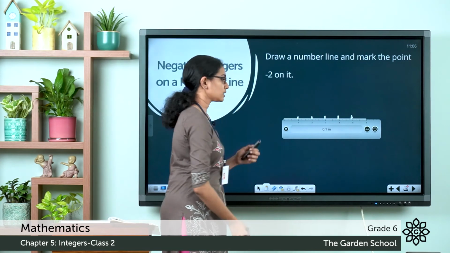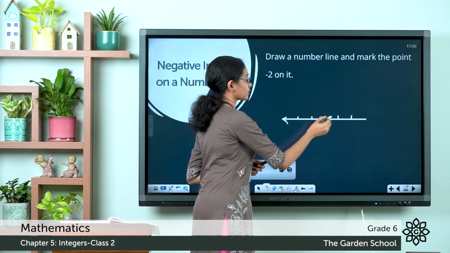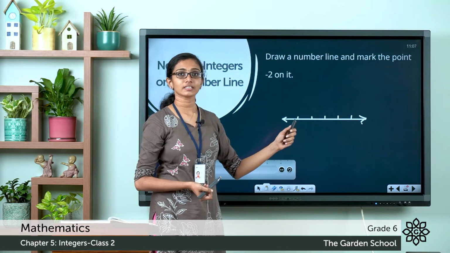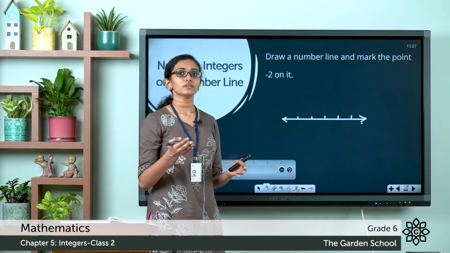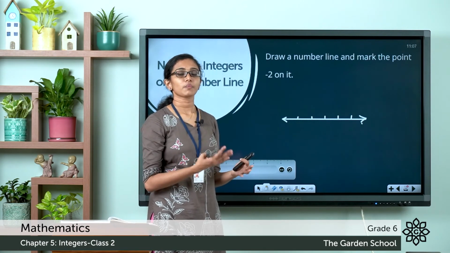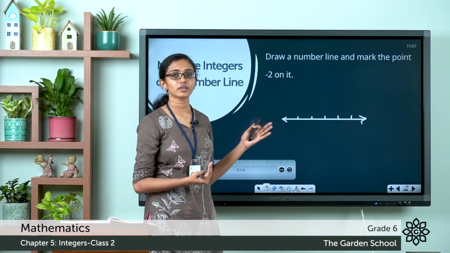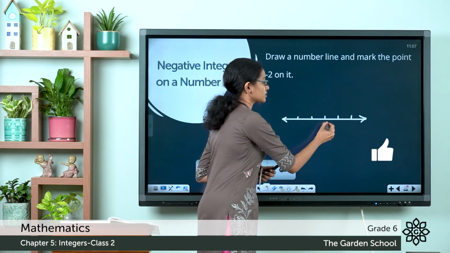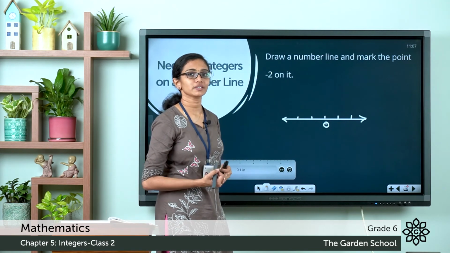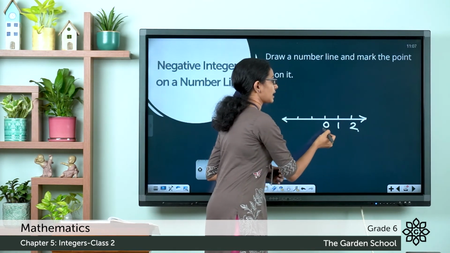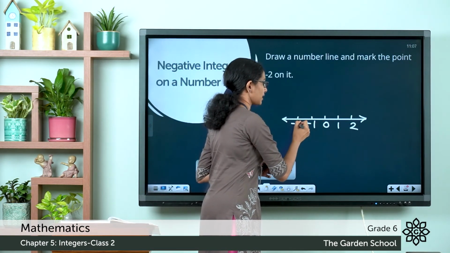Now you can set aside the ruler, then you can indicate arrows at both ends to show that it is extending infinitely to the right and towards the left. So on a number line you have the origin which is 0, then we have infinite positive numbers towards the right and infinite negative numbers towards the left. Now I am going to mark 0 here. This is the origin. Towards the right of 0, I am going to mark the positive integers 1 and 2. And towards the left, I am going to mark the negative integers minus 1, minus 2.